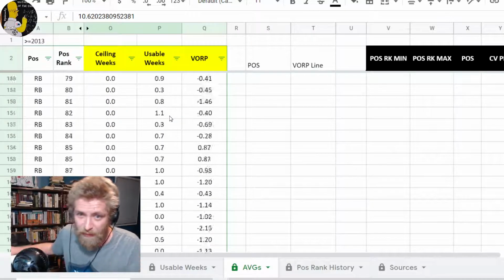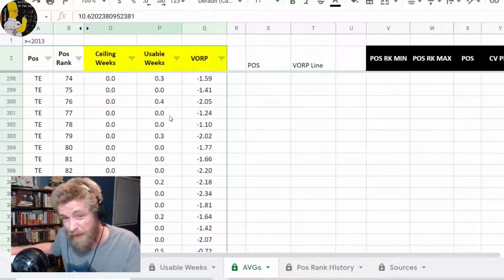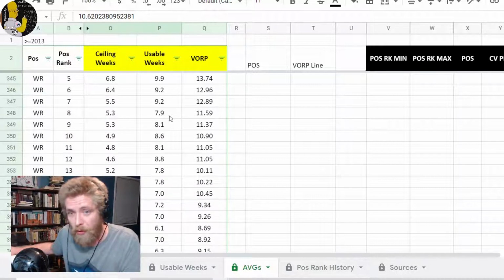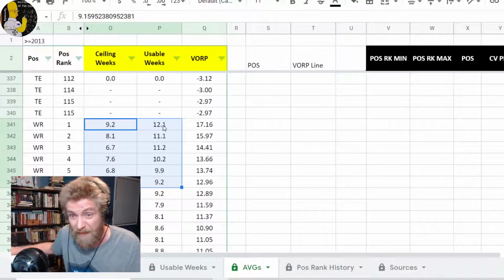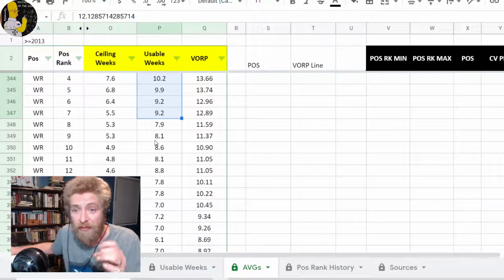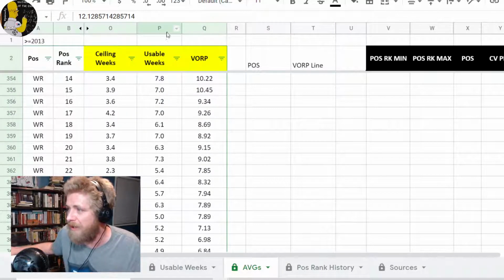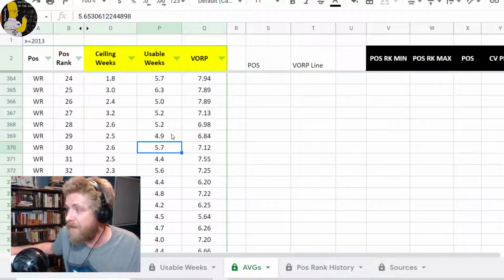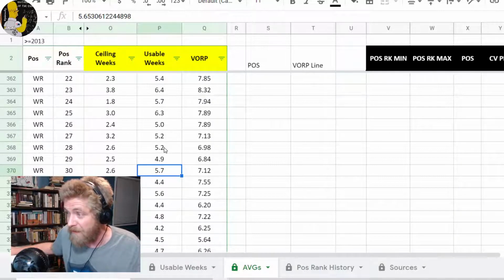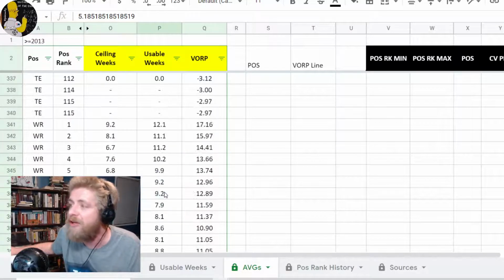whereas if we scramble down to wide receiver here, like we just saw, there's less of a drop-off, which means top 12 wide receivers do provide more similar production than top 12 running backs to top 5 running backs. There's a smoother curve going on, but there is a significant difference, and especially when you consider, when does this drop-off happen at usable or ceiling weeks? It stops being about 5 usable weeks for wide receiver between like wide receiver 27 and 32-ish, whereas running backs, and